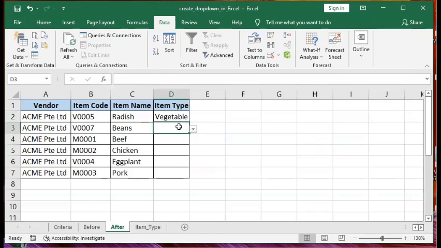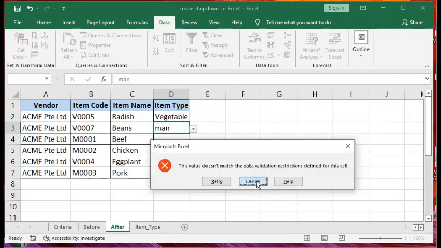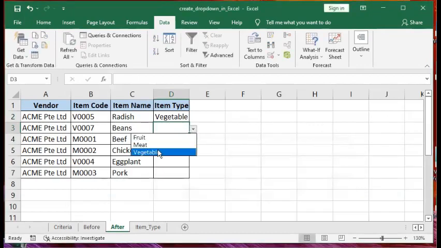The same thing here. Let's try to enter something again, something which is not in the list. Okay, maybe man. And then again, it will throw the same kind of error for the same reason. And the user will enter the right one. Let's just say beef. Of course, beef we know is meat, but